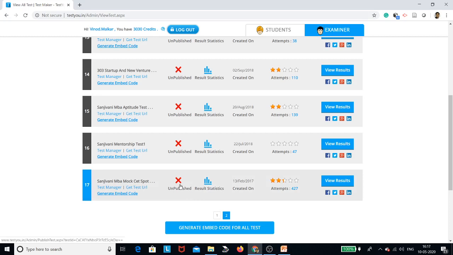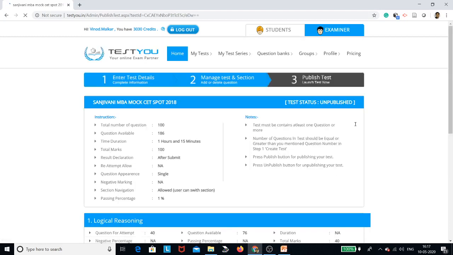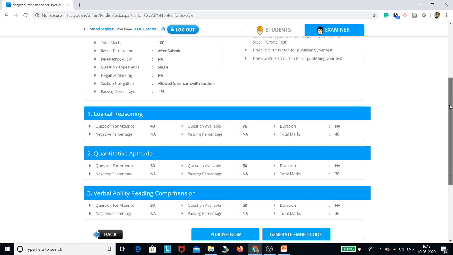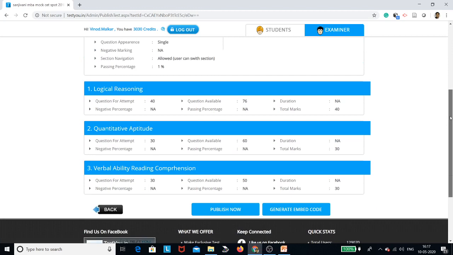Even if I have to unpublish a test, I can just click publish, and very easily the test gets published, and then I can share it. So this test has been published. There are logical reasoning questions, quantitative aptitude questions, and verbal ability questions.